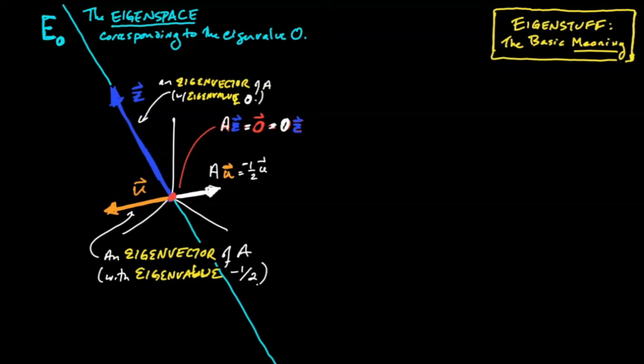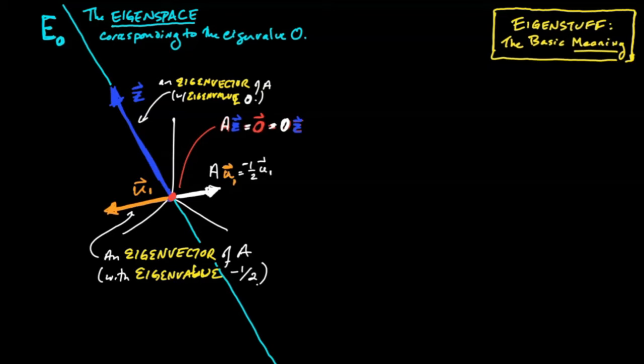So let's stick with our picture here and think about this other eigenvector we looked at, u, which matrix A maps to minus half of u. So this was an eigenvector whose eigenvalue was minus a half. And you know what? Let me change the name of that a little bit. Instead of calling that vector u, I'm going to call it u sub 1 for reasons that will be clear very soon. So we know that minus 1/2 is an eigenvalue of the matrix A. And I claim that u sub 1 is not the only eigenvector with that eigenvalue. That in fact there is an entire subspace, an eigenspace, full of eigenvectors with eigenvalue minus 1/2. Let's just fumble along and see why this is so.